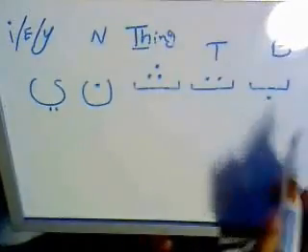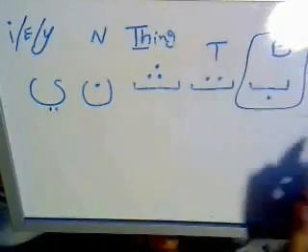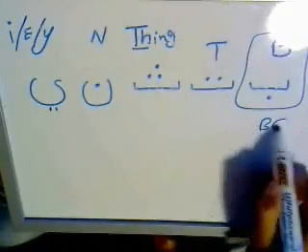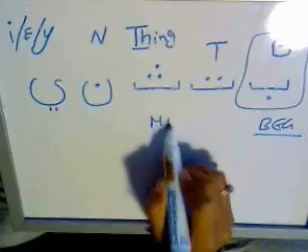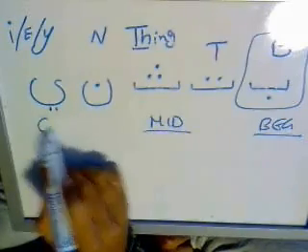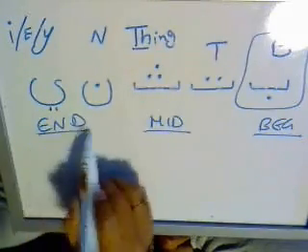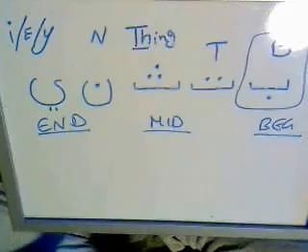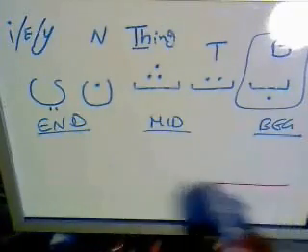So I will take the letter ba, which is isolated. I will put beginning, middle, and end of the word. Let's take the ba. We have to put a line